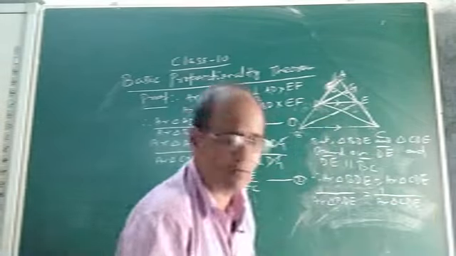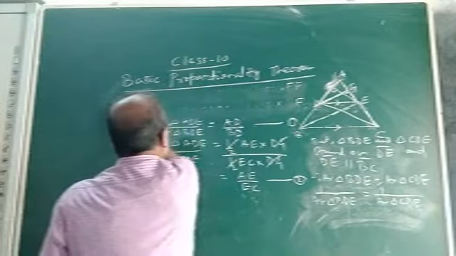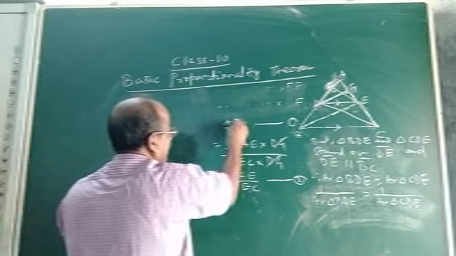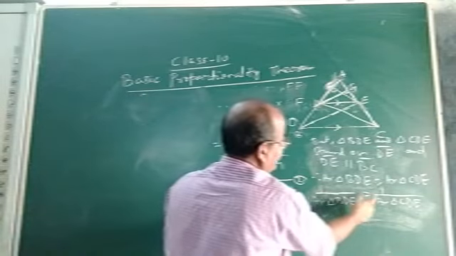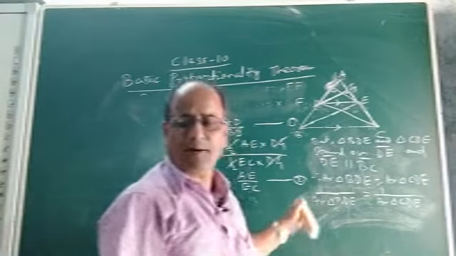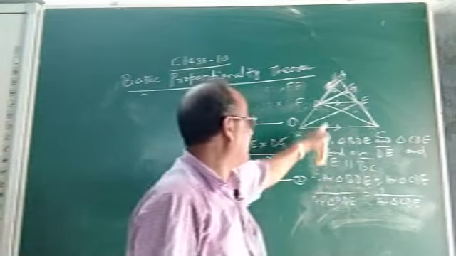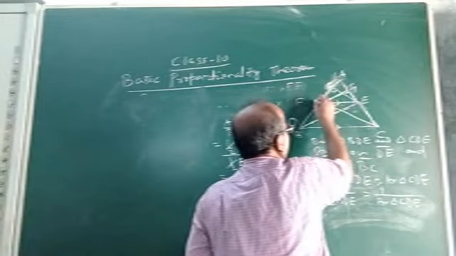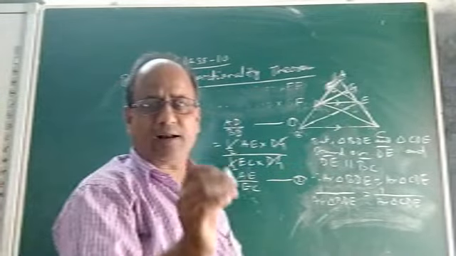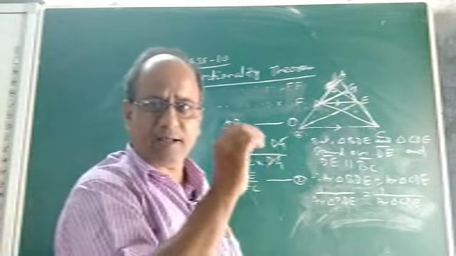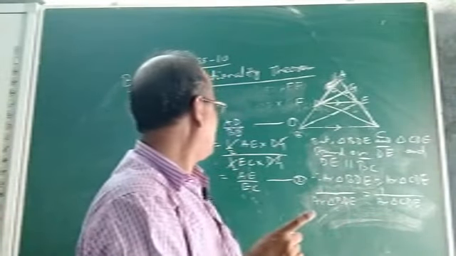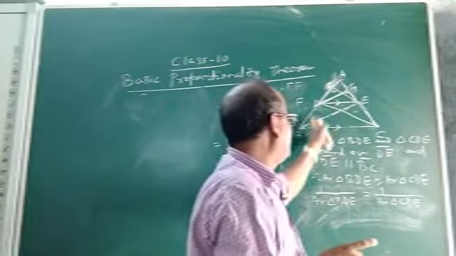Okay. Now, what will be our next step? You see, 1 by area of triangle BDE equals 1 by area of triangle CDE. Now, what do you do? You multiply area of triangle ADE. Look at ADE, another triangle. We have already found area of triangle ADE by area of triangle BDE, and area of triangle ADE and BDE and CDE.